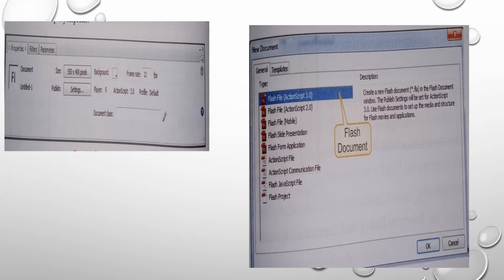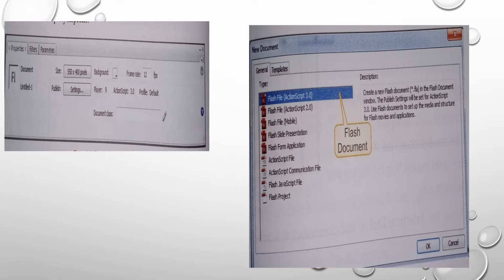To set the frame rate, background color and ruler unit, we use the following steps. Click on File, then New, and the New Document dialog box is displayed. In that, select the Flash File option in the Type list. Click OK. Now select Modify, Document, and the Document Properties dialog box appears as shown here.